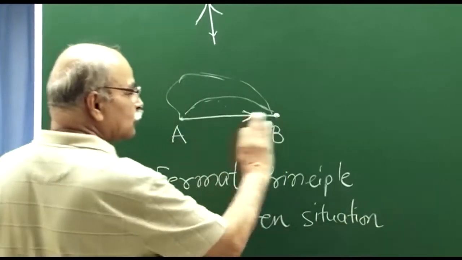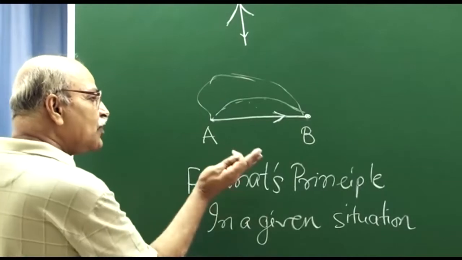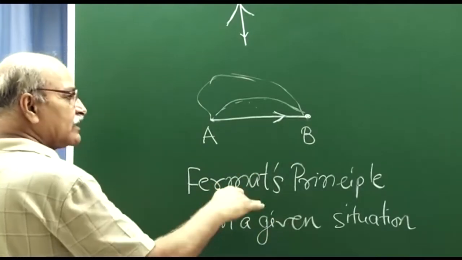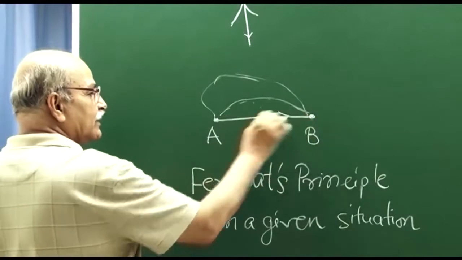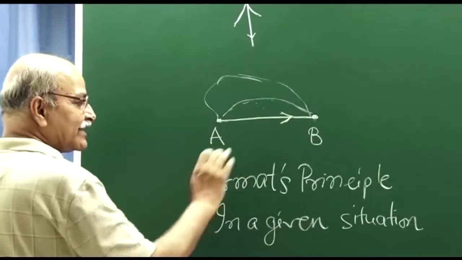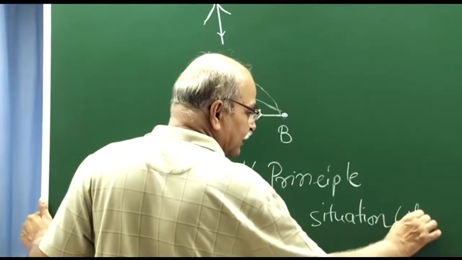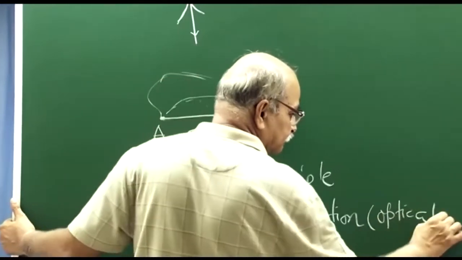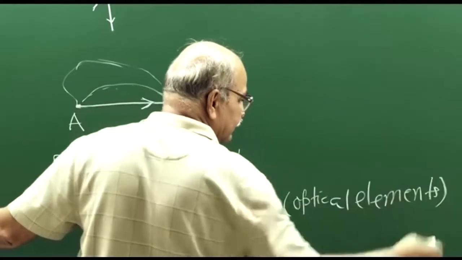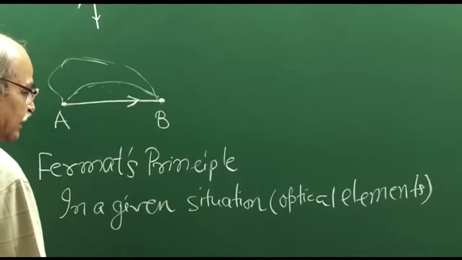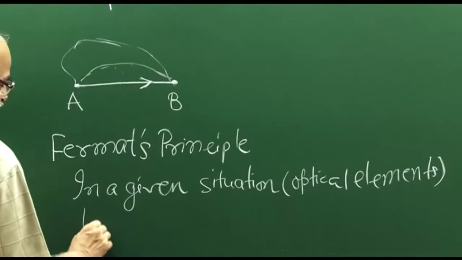It's not only true for homogeneous isotropic media, even if you have certain lenses, mirrors, some optical elements. Then also if you are given 2 points, it has to choose a path which takes least time. In a given situation, that means all your optical elements are given. What is optical elements? Mirrors, lens, prism, like that. So in a given situation, light